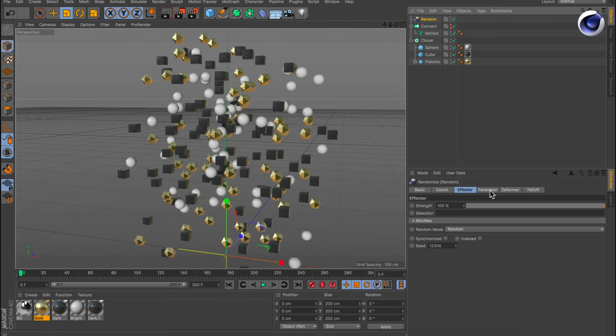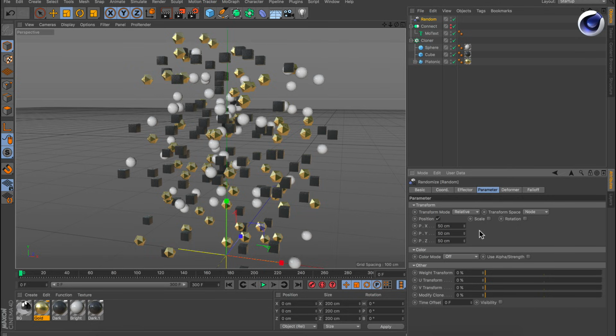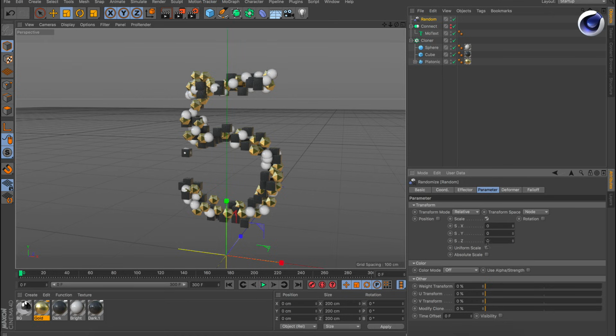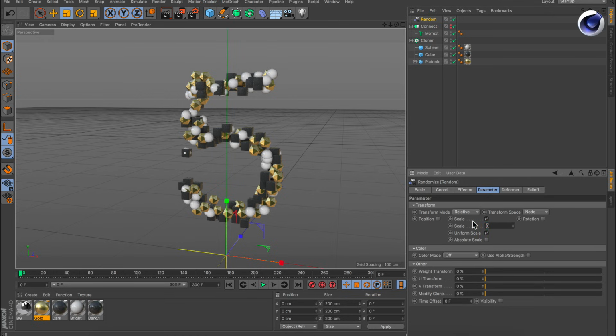So let's go to the parameters tab. And here you see the things that are randomized. So right now it's the position in X, Y, and Z. It's 50 centimeters randomization. And there's no scale randomization and no rotation randomization. So let's uncheck position. And let's check the scale. Let's also check uniform scale, and let's type in maybe